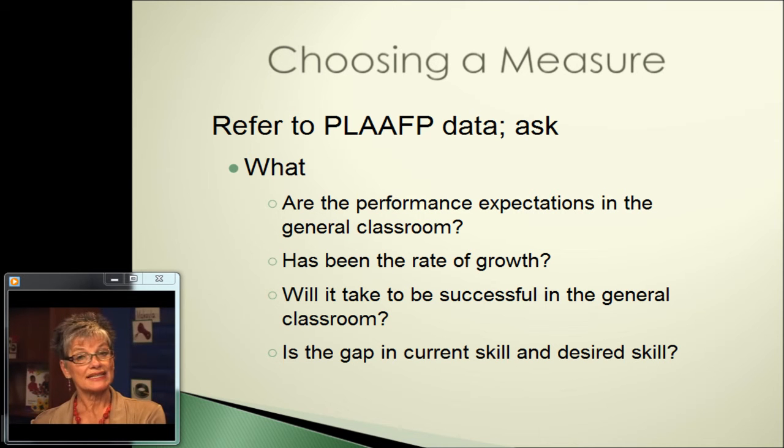Also, what is it going to take to be successful in a general classroom? If, for example, the classroom teacher says, well, students pass when they can do X, Y, and Z at 80%, at least consecutively 2 times. Well, maybe for my student, because I have some past history with that student, I see that they can achieve at 80, but they lose the content more quickly. Maybe I want to increase that a little bit more in order for the student to be successful in the general classroom at a later point in time.